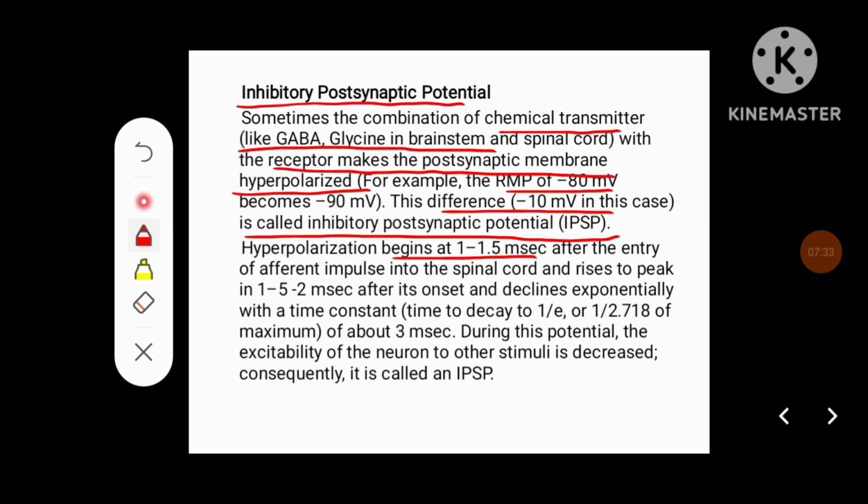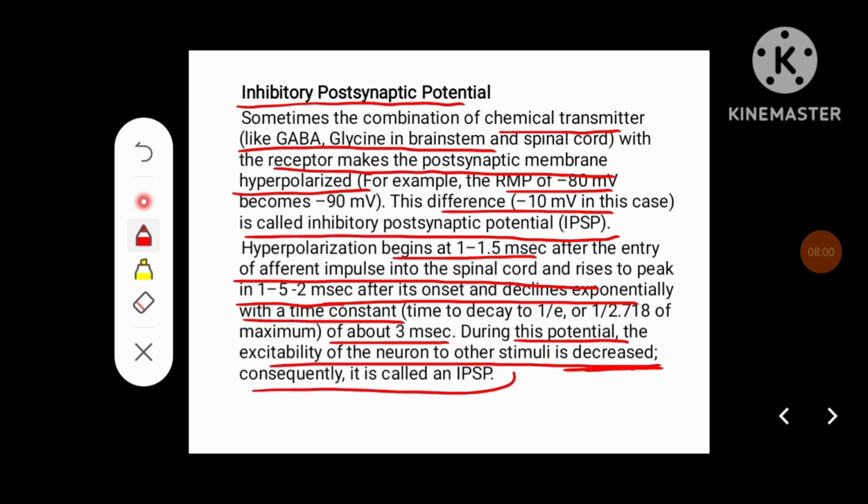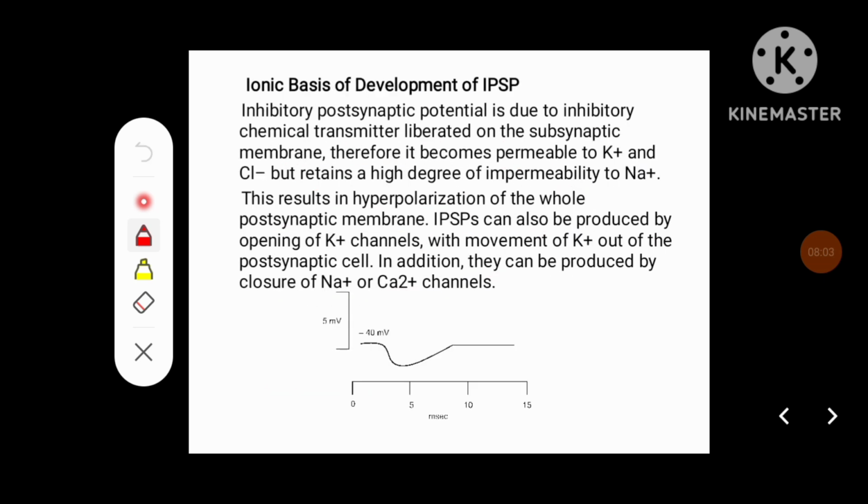Hyperpolarization begins 1 to 1.5 milliseconds after the entry of the afferent impulse into the spinal cord, rises to a peak 1 to 5 milliseconds after its onset, and declines exponentially with a time constant of about 3 milliseconds. During this potential, the excitability of the neuron to other stimuli is decreased, and consequently it is called the inhibitory postsynaptic potential. The ionic basis of the development of IPSP is due to an inhibitory chemical transmitter liberated on